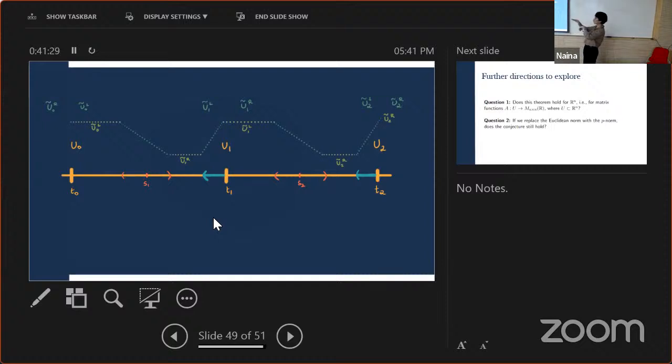And now I have U1. So for the rest of the space, I could just use U1 tilde R and be fine. But because we want to iteratively apply this on this side, and there's no reason to suppose that between these two spaces I would again have well invertibility, I just work within the same subspace and switch between U1 tilde R to U1 tilde L in this small interval.